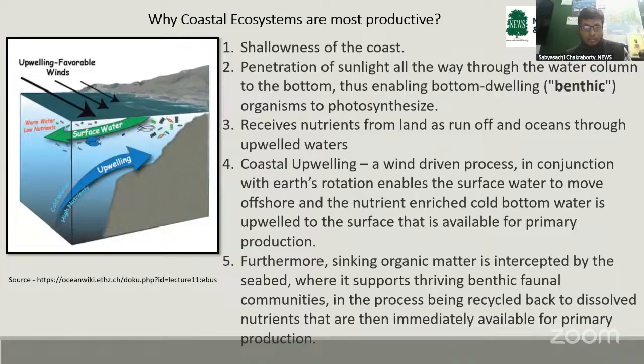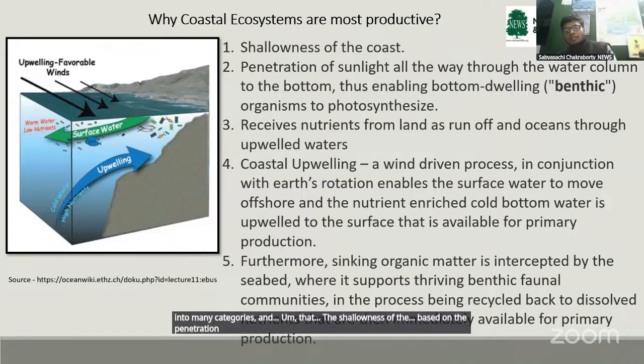So, why are these ecosystems very productive? Coastal areas are shallow because, first of all, it is shallow. The marine environment is based on the penetration of the light. They have been classified into many categories based on the penetration of the light,